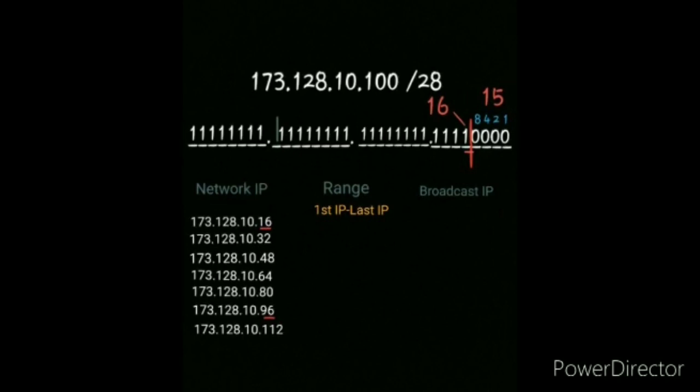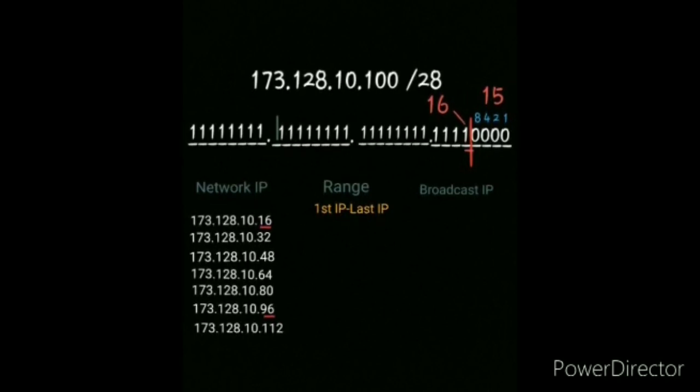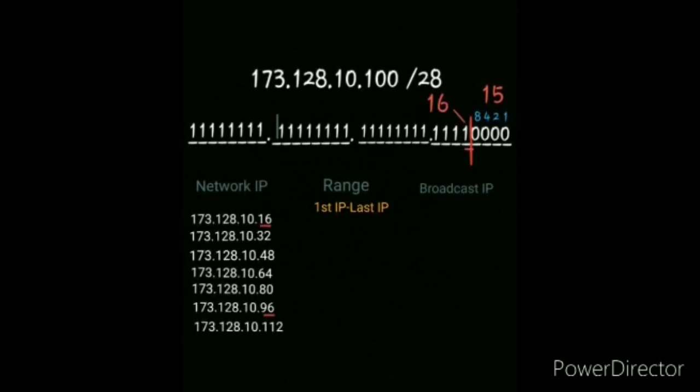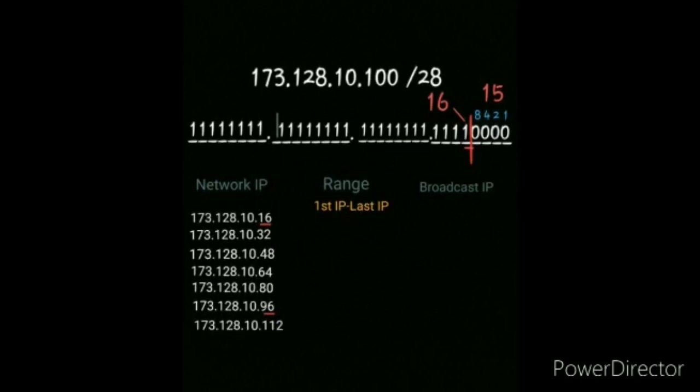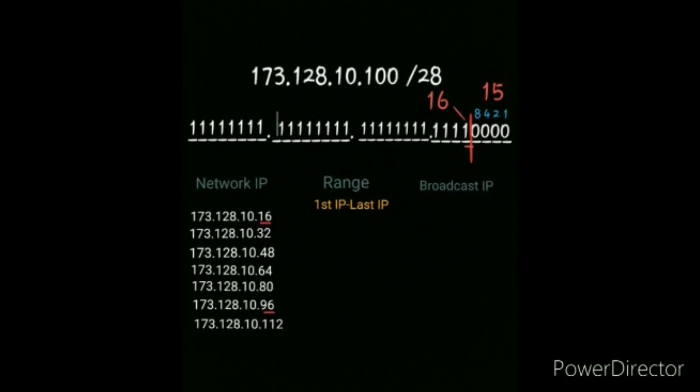Add another 16 is equal to 32. 16 again, 48, plus 16, 64, plus 16 is 80, plus 16 again, 96, and 16 again, 112. But we will stop in